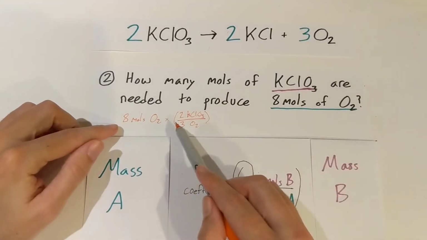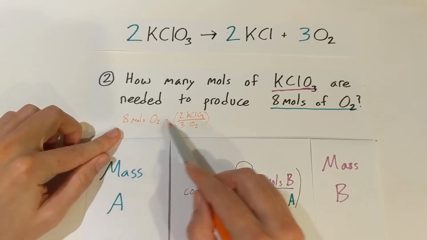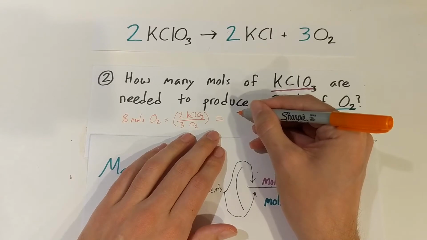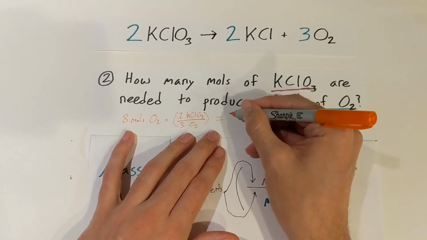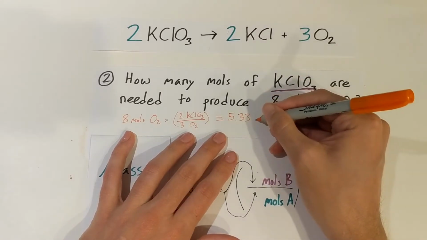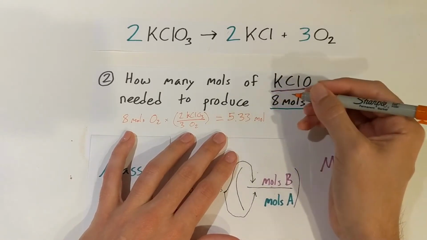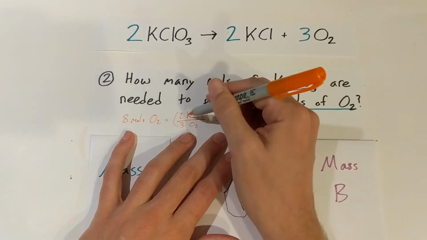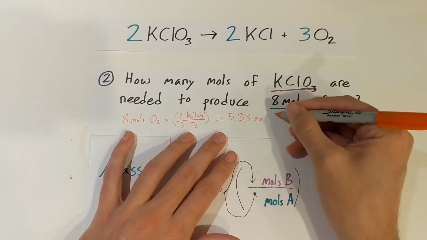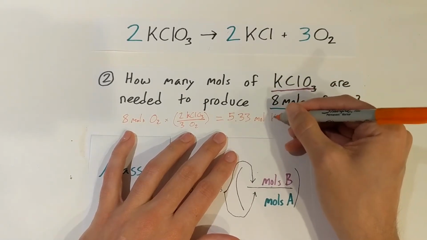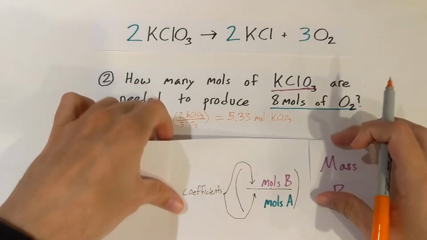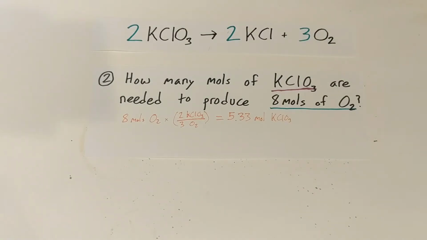In this case, if you do all this, you'll get about 5.33 moles. Let me make sure I'm doing this right. 16 divided by 3. So that would be 5.33, yeah. 5.33 moles of KClO3. If we wanted to do the batch method, this one's a little bit trickier because it's not a whole